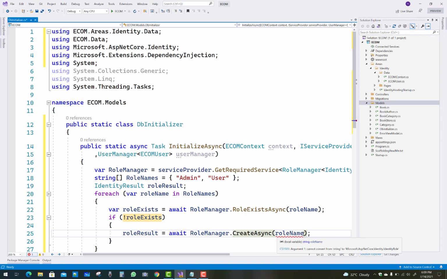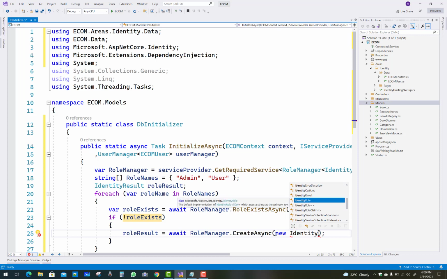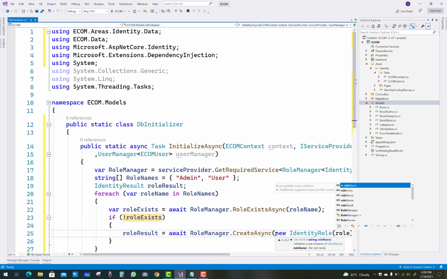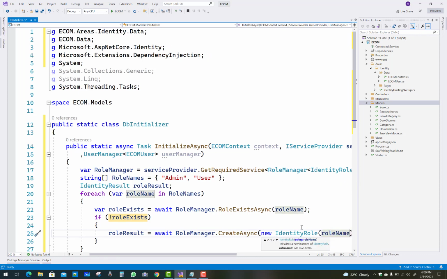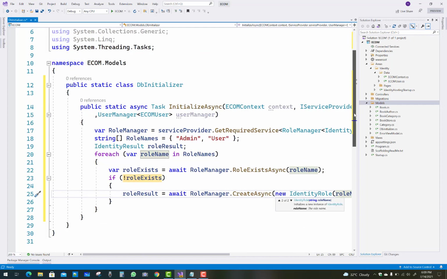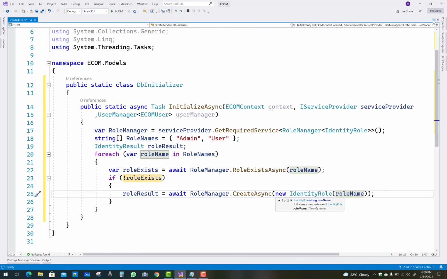So you use a new IdentityRole, in which you pass the role name. The first one is Admin, and loop by loop you can create the roles. The loop will be traversed two times. Okay, fine.